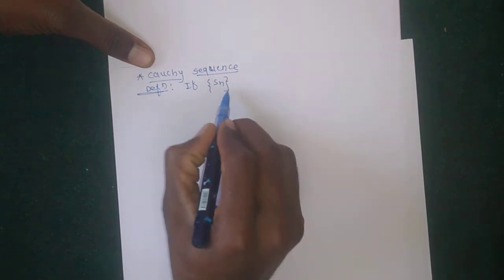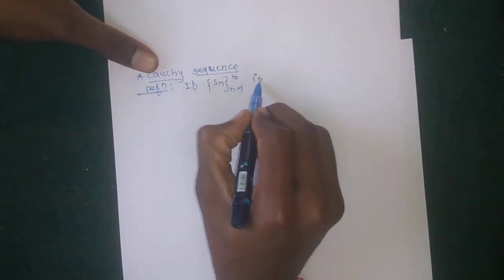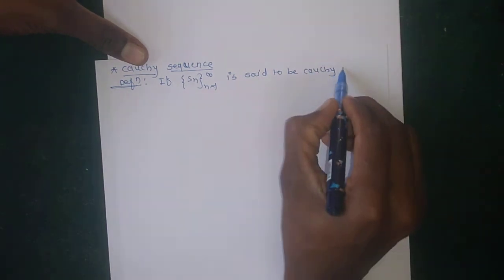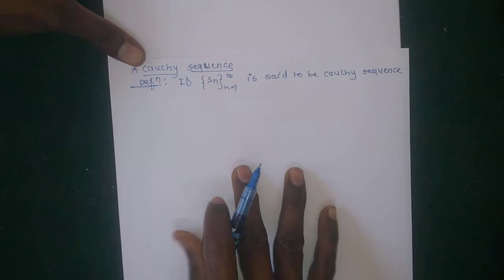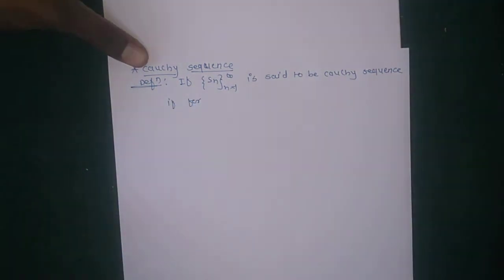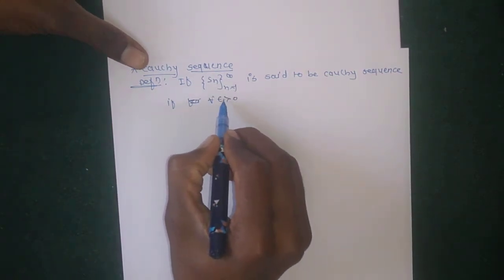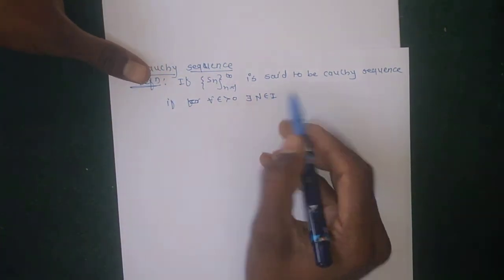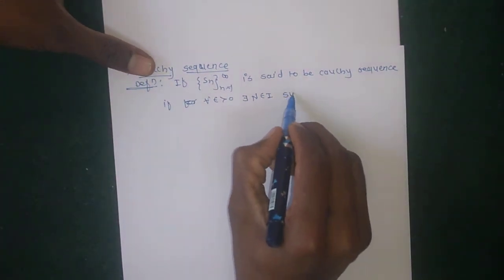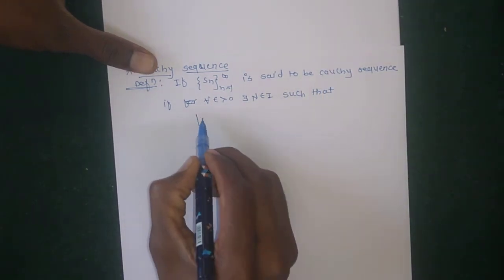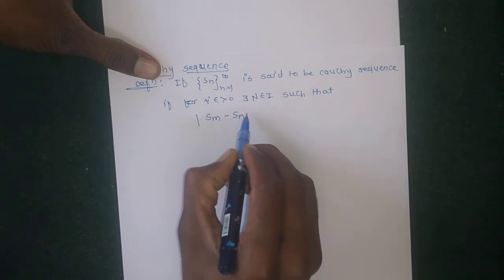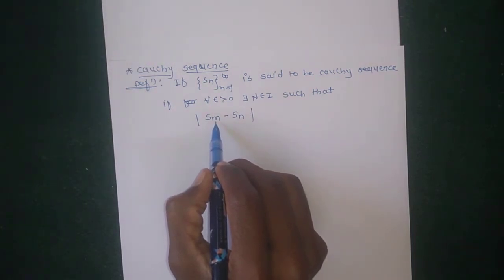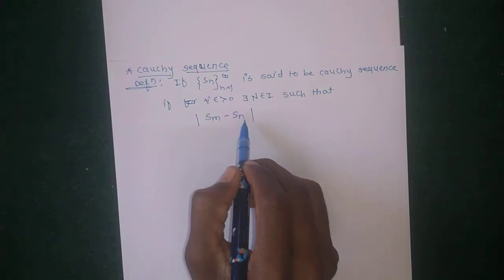A sequence Sn is said to be a Cauchy sequence if for all epsilon greater than 0 there exists a positive integer N belonging to the index set, or set of natural numbers, or set of positive integers, such that the distance between any two numbers Sm and Sn, where Sm means the mth number of the sequence and Sn means the nth number of the sequence